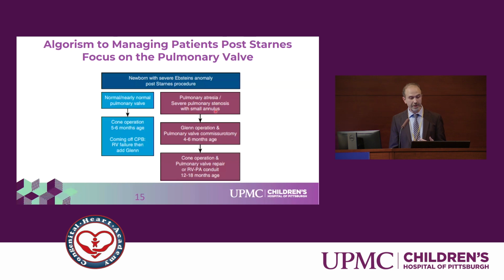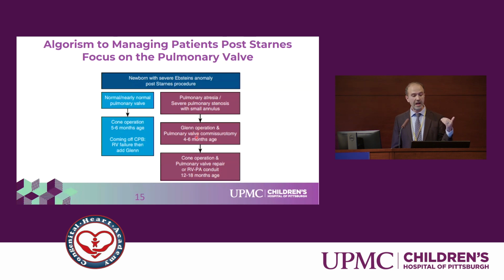And you can see our patient actually had pulmonary atresia as well. So we depend on the pulmonary valve here to decide the next steps for the patient. So in patients with pulmonary atresia or severe pulmonary stenosis with a small annulus, Drs. Da Silva, typically like what happened in our patient, will perform the Glenn operation, typically at the age of 4